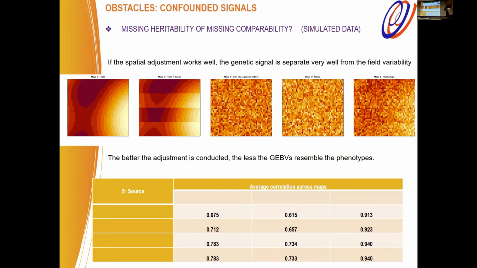And I have been talking with people in the private industry, and they say, yes, you are right. Many times the predictions are doing way better than whatever they are estimating using phenotypes. And this is one of the reasons. We are trying to untangle that signal better, but we don't have the actual values to compare with to know if the model is doing good or not. At least we can try to get these answers using simulations.